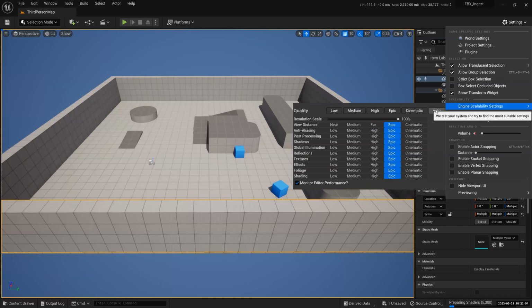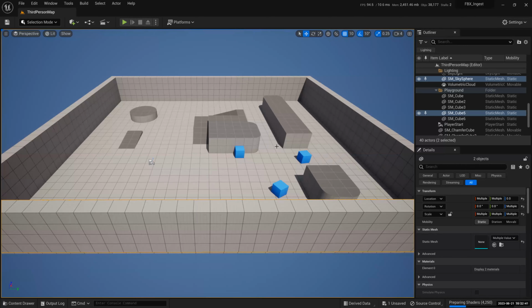So for those who are having issues with your system lagging, because as we go along we're going to work with a project which has much more stuff in it, it gets very laggy. Sometimes if you have too many textures in your level, you can bring it down to medium or low. You can go individual as well. If the shadows are too heavy, or the effects, or the foliage is too big, like when we do landscape later on, you can bring it down this way. You can customize how it's going. But for now, maybe you can just click on the auto button. So that's how you make things go faster for you. Cool.